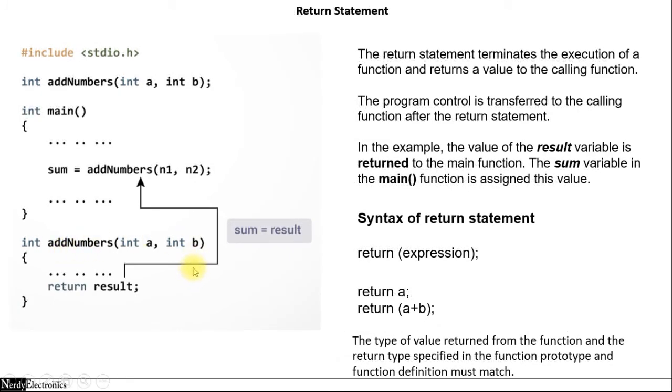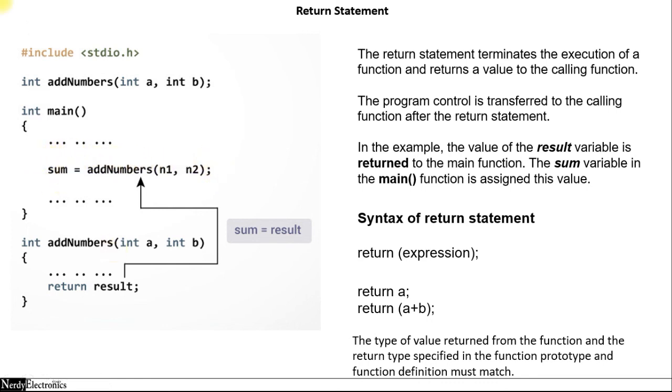So we already discussed the return statement. The result which is returned gets stored in place of this. So 15 now becomes the value that is getting stored in sum. It's like we are calling this function, we are giving it two values to work on. The function works on those values and it throws back the result, and we are supposed to hold it. So we are holding it in this variable called sum.